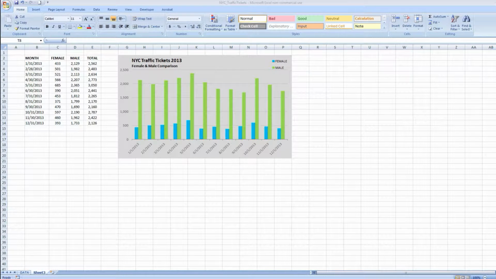But what happens if you want to look at this a little bit differently? What happens if you don't like the bar graph? You want this to be a line graph. Well, we can do that relatively easily. So what we're going to do is click on the graph,